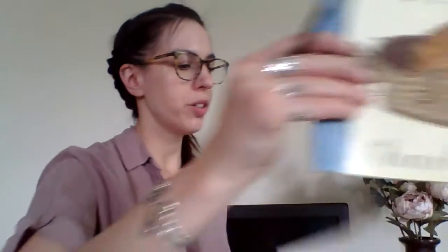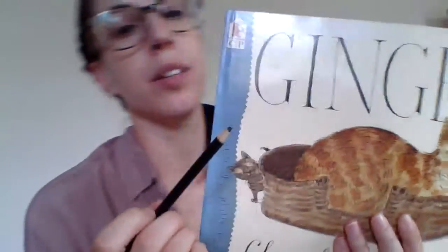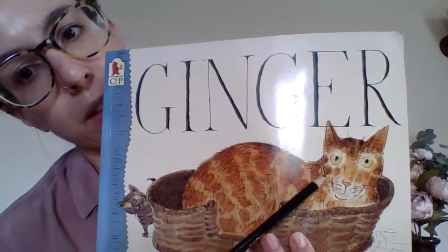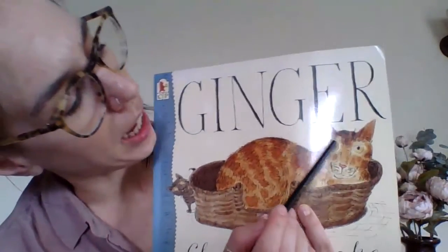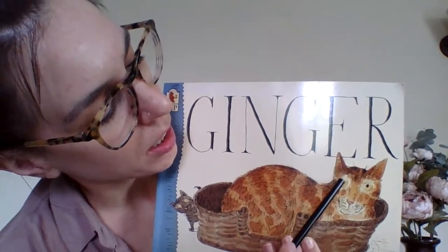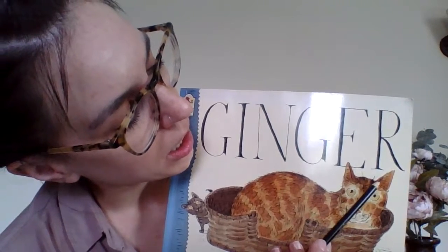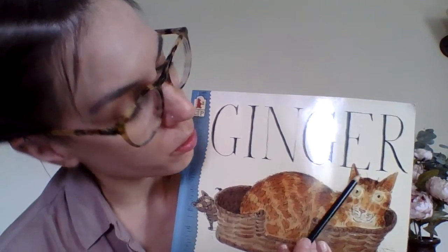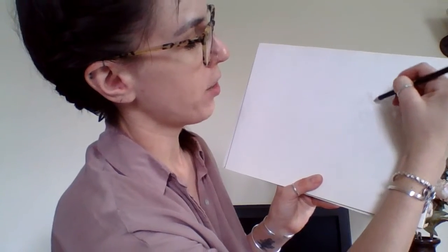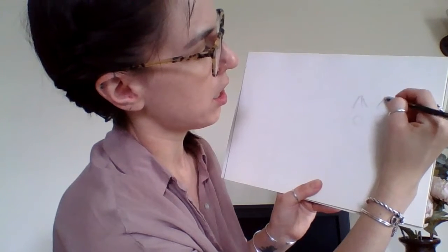And now I want you to look very closely. Do you see how there's a line going down right here and right there? That shows the fold of the ear. So let's put one of those in and I'll show you how. So you're just going to start and go right down like this. And then here,